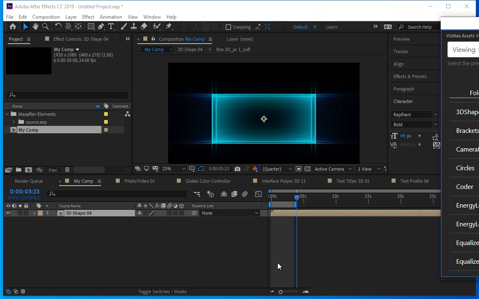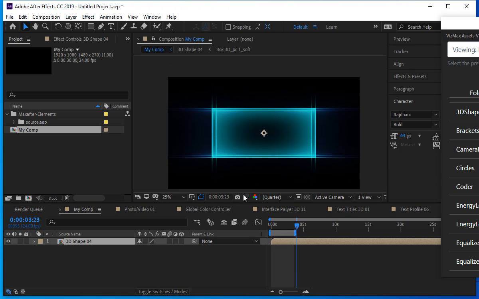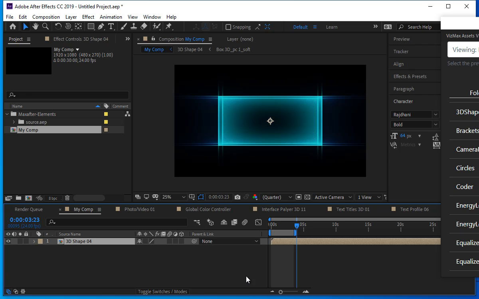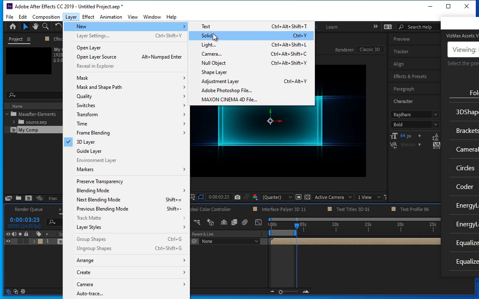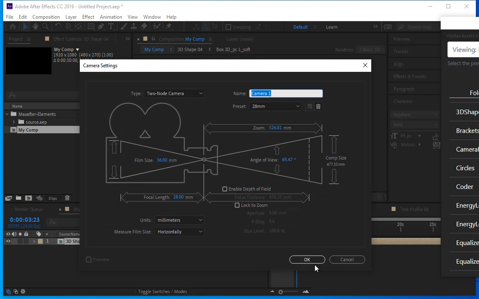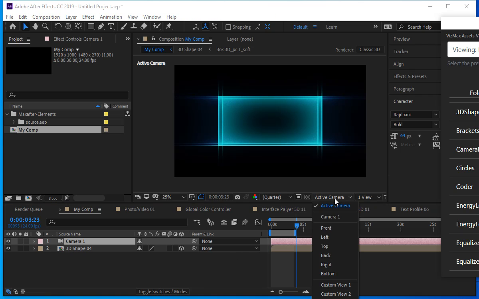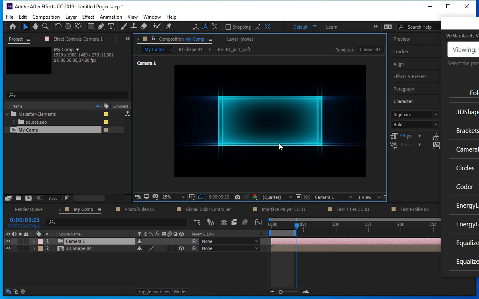This is selected, and I'm going to make it 3D and go to layer, new, camera, add a camera, 28mm or something, right? Camera is here now, and if you go to active camera, camera 01 here,